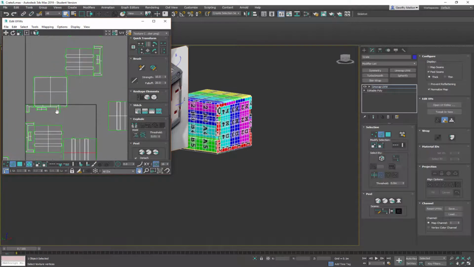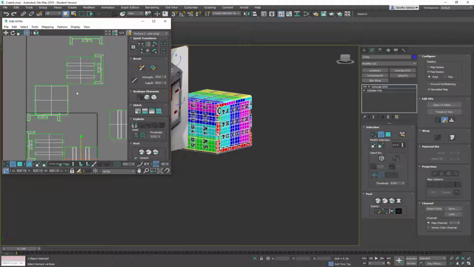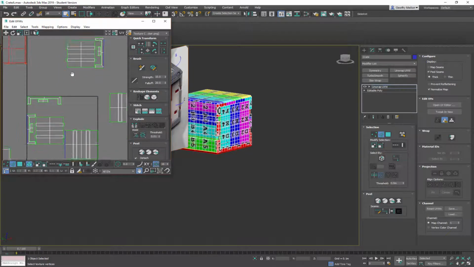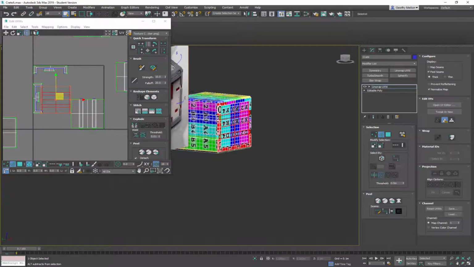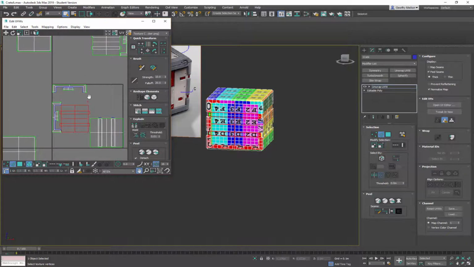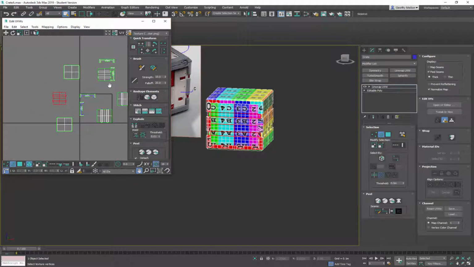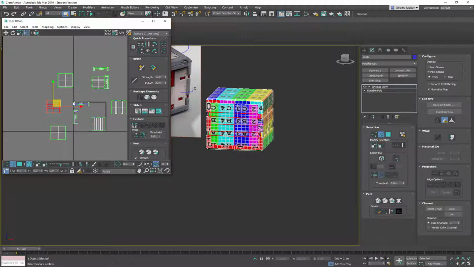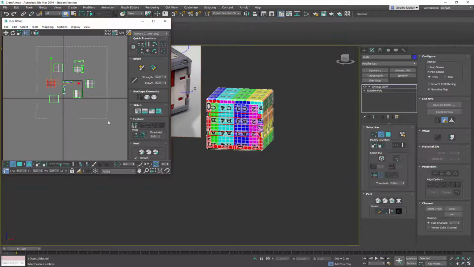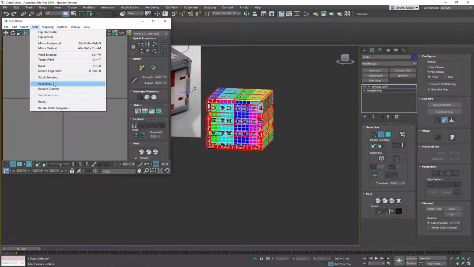And like these pieces, whether we want to keep them there or not, it's up to us. This piece right here is our interior. We don't need to stitch this to anything, so they're fine. And these wouldn't stitch to anything either. So what we could do is just grab everything right at this point and see what we get. Now,